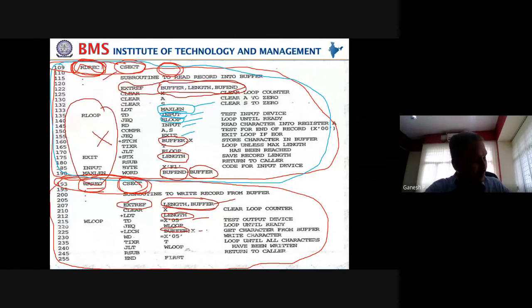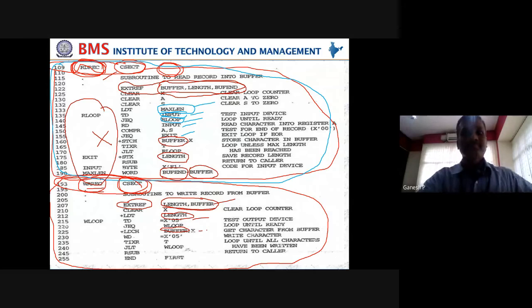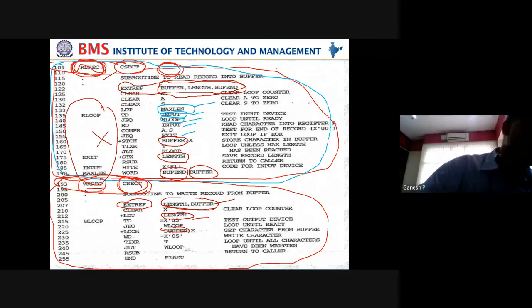What was the concept of pass one for program blocks? How was the assembly done?